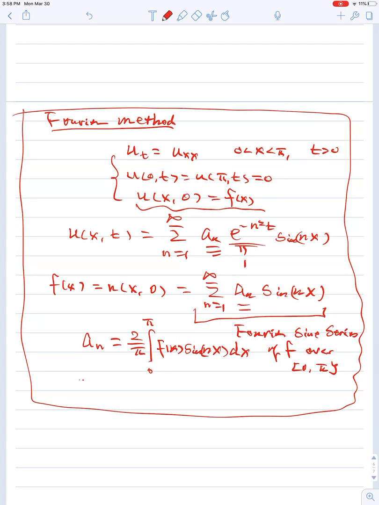We are going to come back to this method again in the next chapter, but this is just a preview of Fourier's method, and we are going to continue to talk about the idea and the theory behind this Fourier sine series. Okay, so this